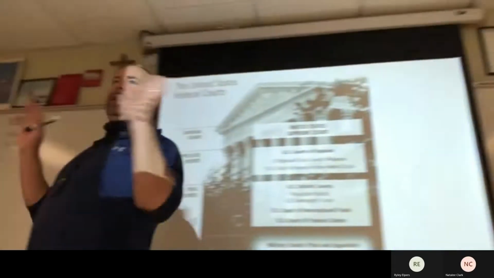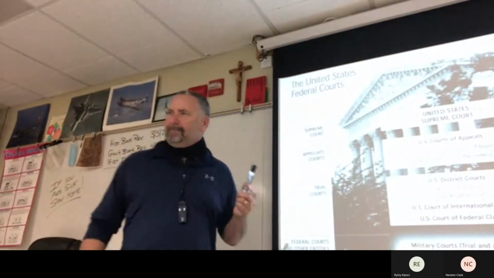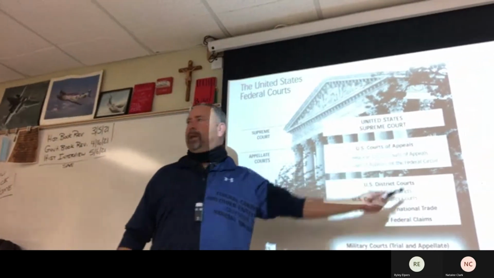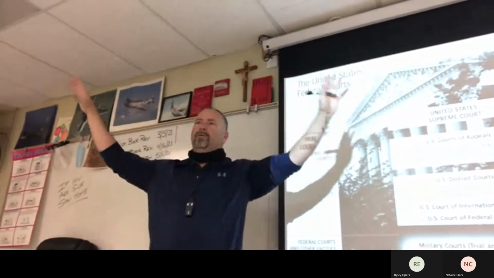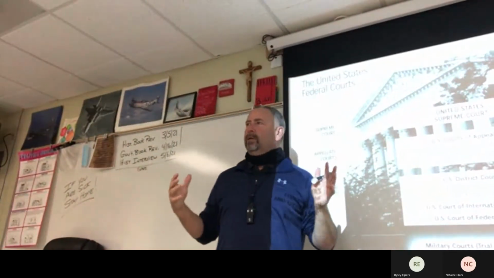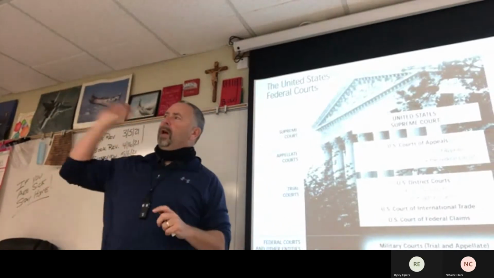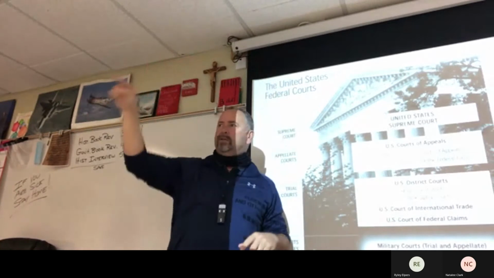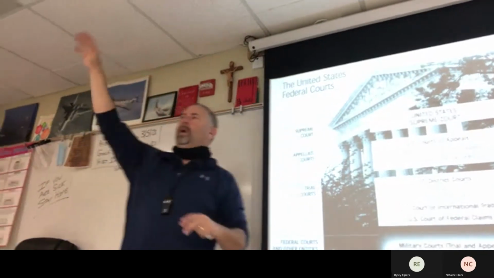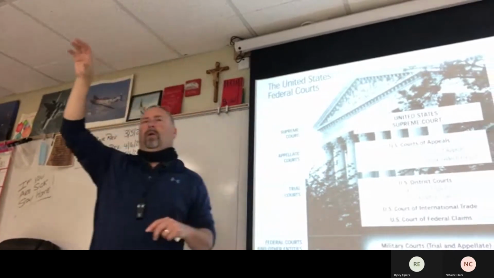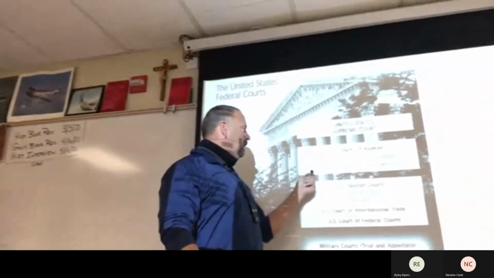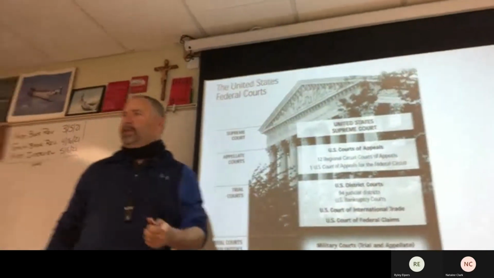So when you look at the federal courts, I'll get into this in greater detail right before you graduate. You've got the Supreme Court, and then we have 13 courts of appeals geographically distributed across the country. Kansas is in the 10th Circuit, so our appellate court is actually in Denver. Kansas is in the 10th with several other states. California, Washington, and Oregon are part of the 9th Circuit, which is in San Francisco. And then they have one in Washington, D.C., the federal circuit.